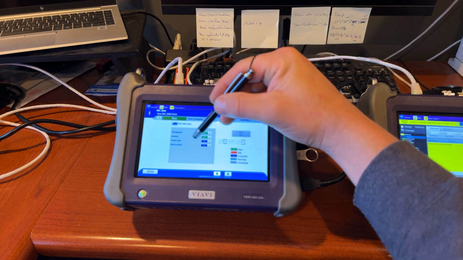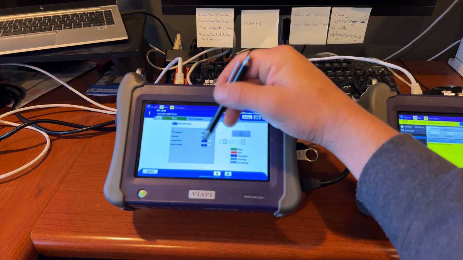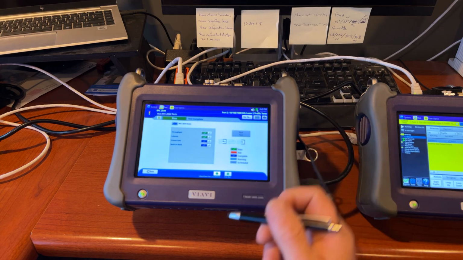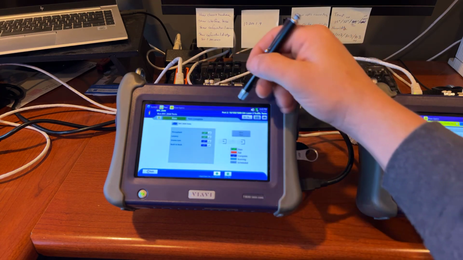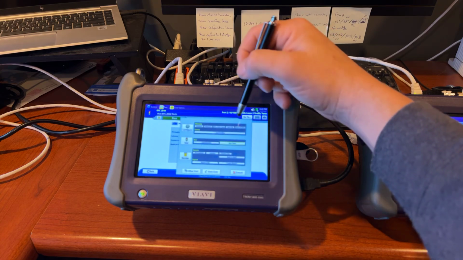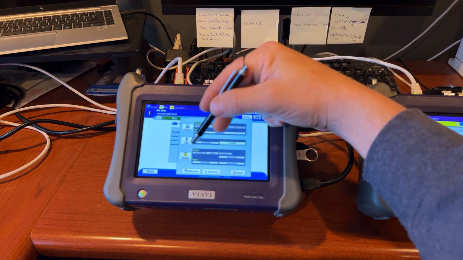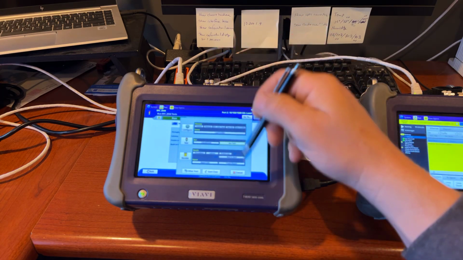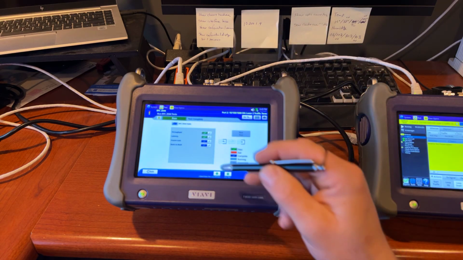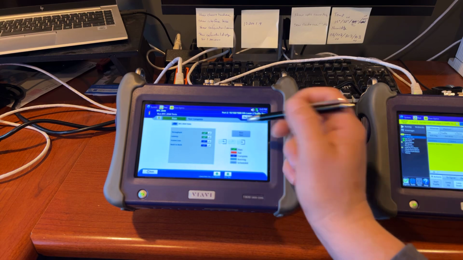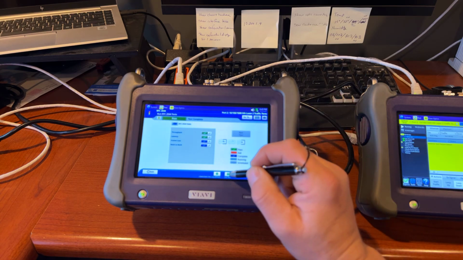You've got throughput, latency, frame loss, and back-to-back are what I ran on this. So they're all completed. During this test process, you can do a quick go back to configure, test, and review different buttons across there from that menu up here, and you can rerun the test. But we are going to end test right here,